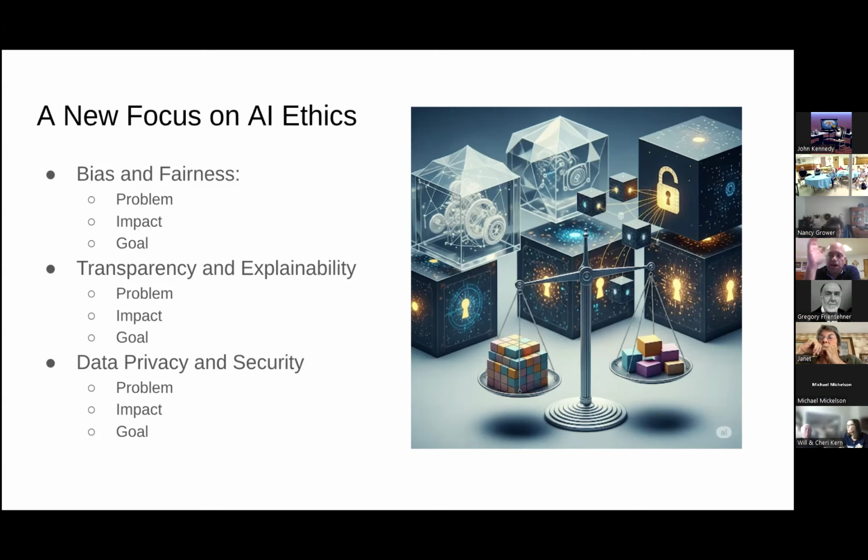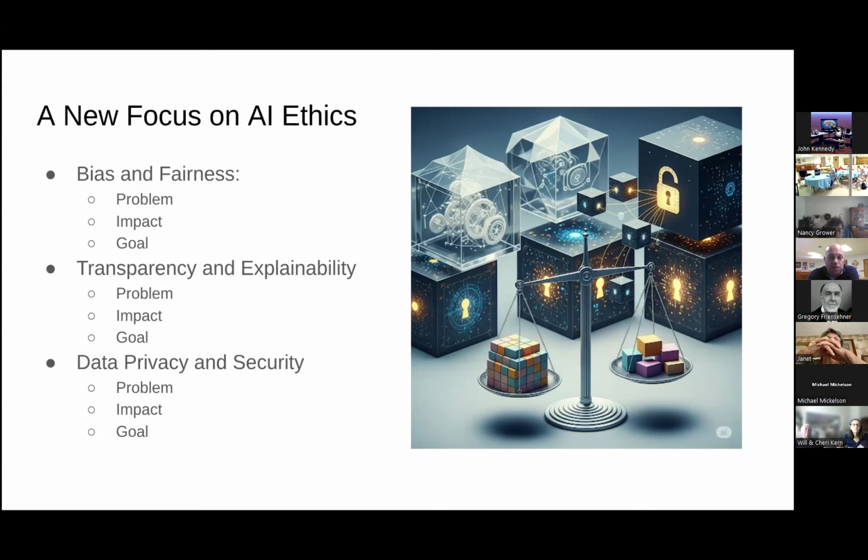The problem with bias and fairness is that AI systems learn from available data. If there's bias in our society, such as certain categories of people not being considered for a job, for example, then the AI system trained on that knowledge could potentially have that same bias when it's evaluating 1,000 candidates for a single job opening, right? So that's just something we have to be careful about. The goal there is to develop methods to detect, mitigate, and prevent bias.